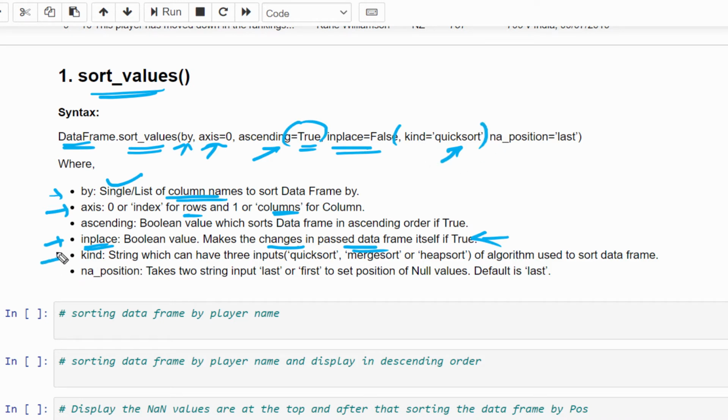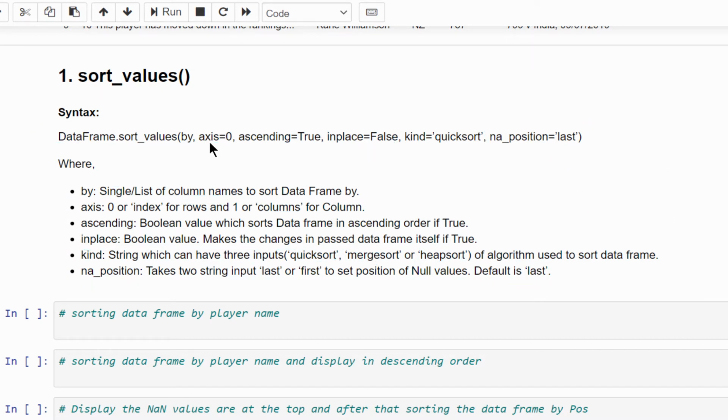We can also implement the sort algorithms like quick sort, merge sort, heap sort. That also we are able to apply. Then the final one, na_position: whether you want to display NA, that is NaN, not a number, at the bottom of the table or top of the table. These are all the parameters you have to remember.